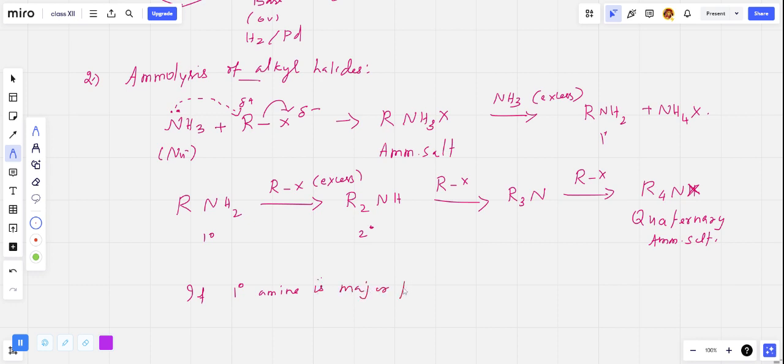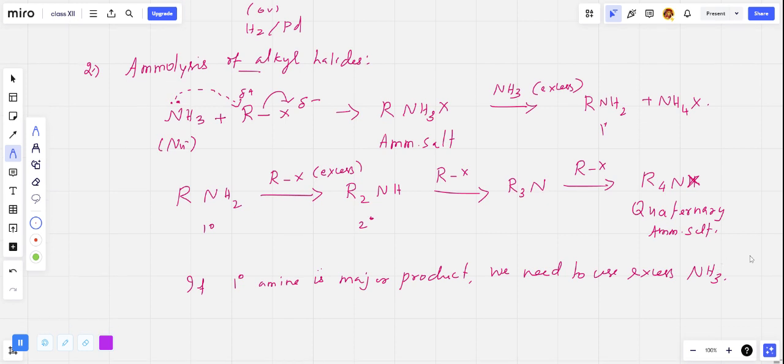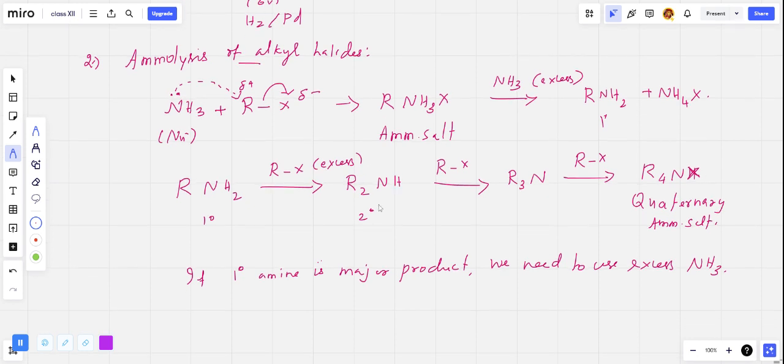is the major product, we need to use excess ammonia. Excess ammonia. Okay. Otherwise, if we want to make this quaternary salt, we need to use excess of alkyl halide. Okay, the order of reactivity